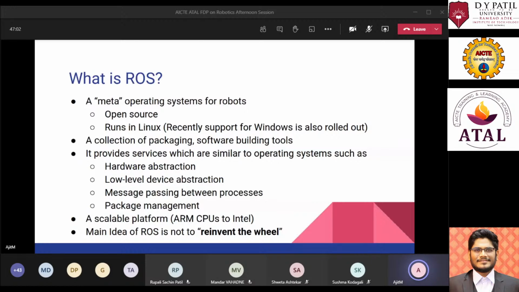nested structures, of integers, floats. Then there are strings also available. Then there are arrays, matrices, everything. And let's say you are using your own sensors, like if you came up with a new sensor and ROS doesn't have its own data structure to send the data of that specific sensor, you can define your own messages in the ROS architecture, and you can use them in the system. So this is the flexibility which ROS gives you while sending your data over the topic.